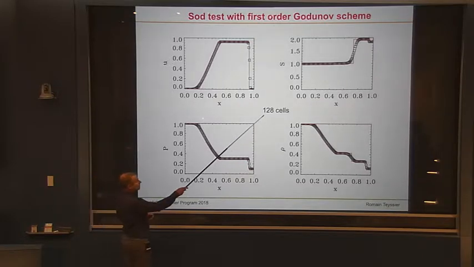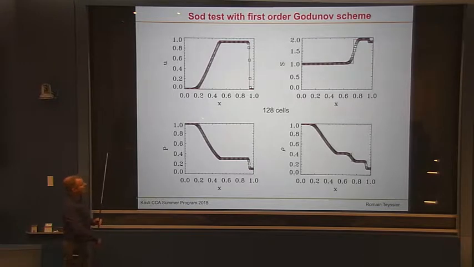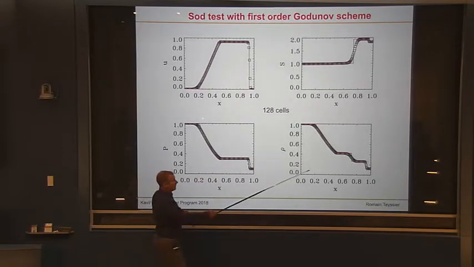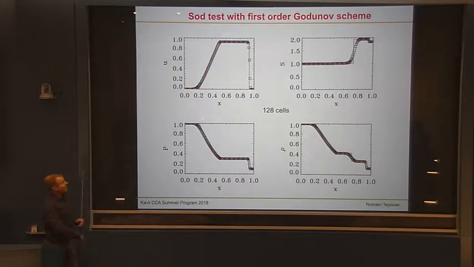And you see the number of cells we use is reasonably low. And you can see that the numerical errors are mostly where you see kinks in the solution, and especially the discontinuities are the ones that are the hardest to capture. And we understand where this smoothing of the numerical solution comes from. It comes from this numerical diffusion, right? So we call this the first order Godunov scheme because we assume that the solution, as I said yesterday, is piecewise constant inside each volume. So it's a finite volume method. And we assume that inside the cell, the solution is constant, right? And so that's what you get, right?